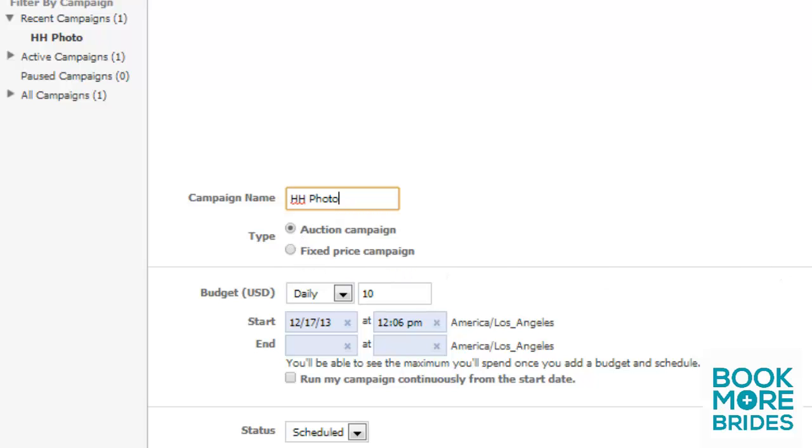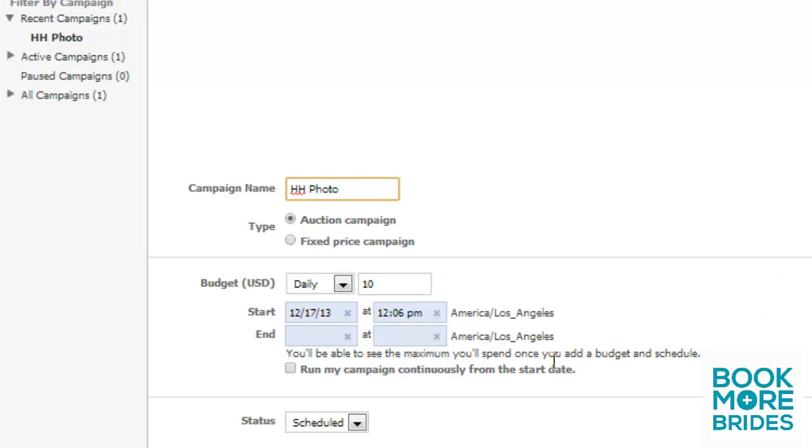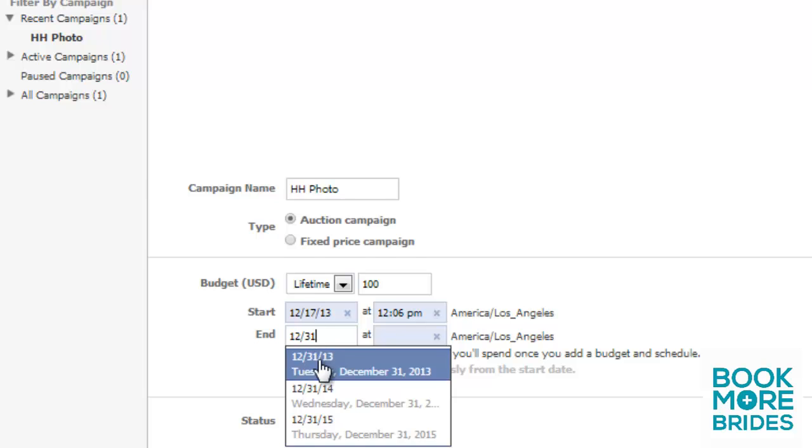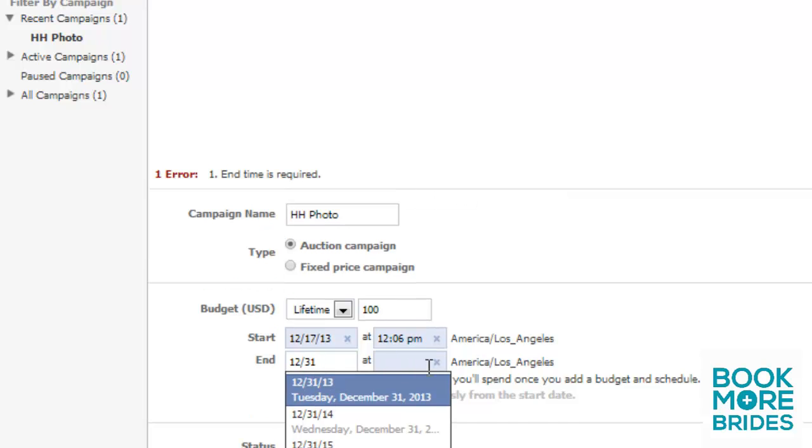I want to do an auction campaign. Set either a daily budget, which would be $10 per day, the maximum that you want to spend, or a lifetime budget. So I'm going to say that my lifetime budget is $100. You need a start and end date. So I'll start it today and end on New Year's Eve,